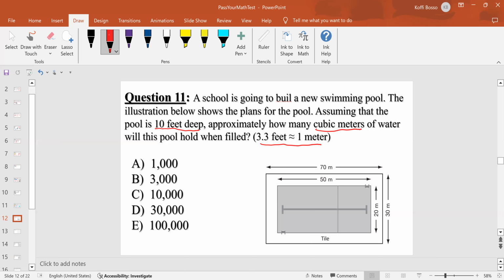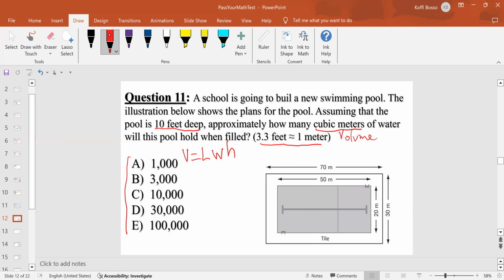You have to understand that when they say cubic meters, they are talking about the volume. What we have here as answers, everything is in cubic meters. So we need to find the volume, and V is based on the formula length multiplied by width multiplied by height. There is something here you have to understand. When they say 10 feet deep, that's the height, and they give it in feet. Now, if you go to the figure, you still have